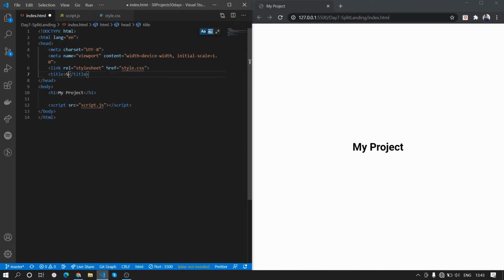First, let's do the HTML, and we'll change the title of the page, and we'll remove this. So here we want a div with the class of container, and in the container we want two divs, basically, one for the left section and one for the right section. So we'll create a div with a class of split,